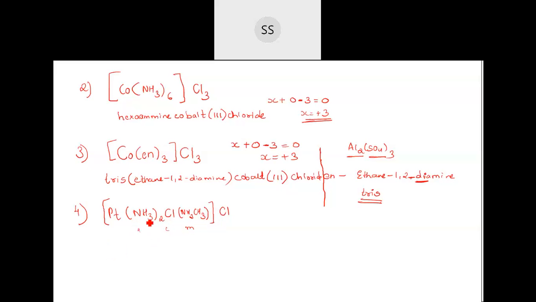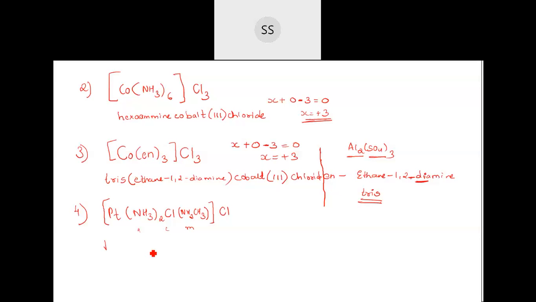So I can start with the name. Two ammines are there, so the name is diammine. Then we have chlorine, so the chlorine name is chlorido. Charge wise, methylamine is neutral, because only one lone pair of electrons is there and there is no charge on it. So it's a neutral ligand. So diammine, two ammine groups. Then come to the chlorine part, so it is named chlorido. After that we have this group, that is methylamine. You can write it within the bracket as methylamine.